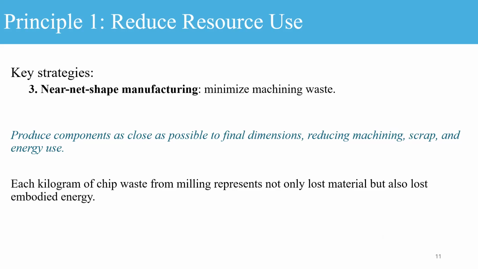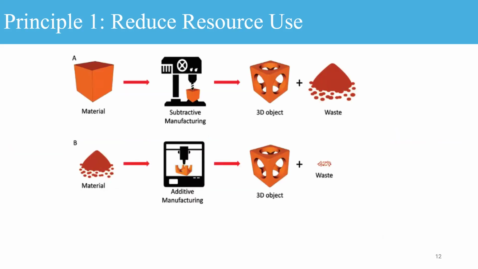But then if you can substitute that with manufacturing techniques that actually make products that are almost near to the final production shape, then we can minimize the loss. So in this figure, we have two examples. One is we have a block of metal material, let's say maybe iron block or something that we get from raw material manufacturing, and then we actually want to get a 3D object as shown here, and this object,